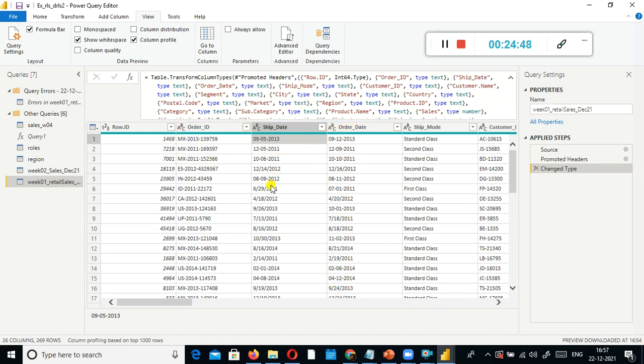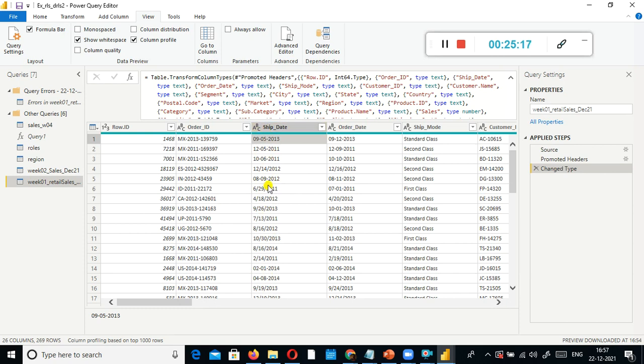But before we convert that, when you look at the data for these two columns, the delimiter for the ship date is hyphen. They use hyphen as the delimiter, but here the delimiter was forward slash. There is some kind of inconsistency. Whether you use slash or hyphen for the entire data, why the mix of these two things?